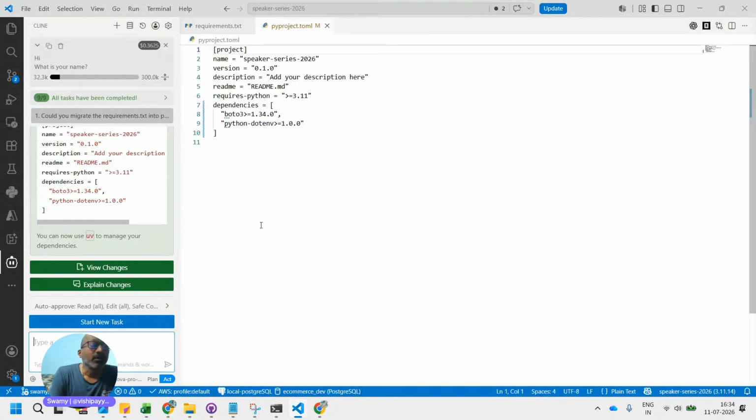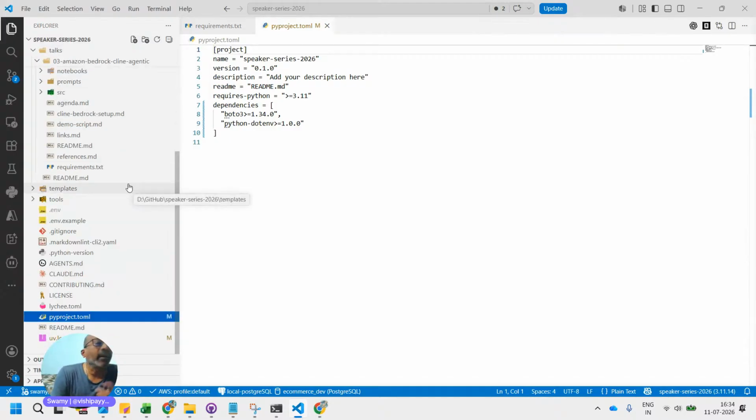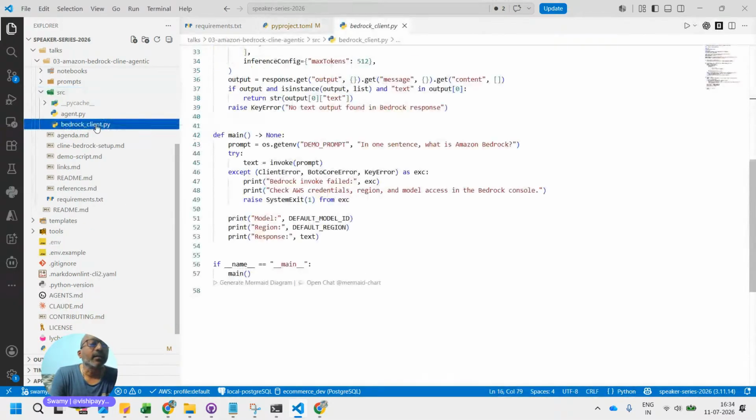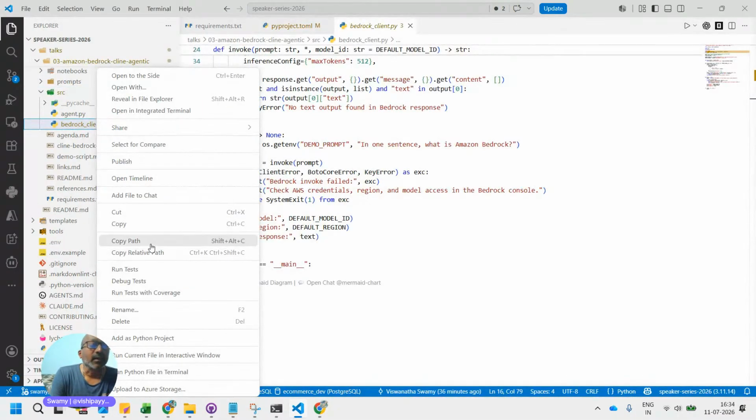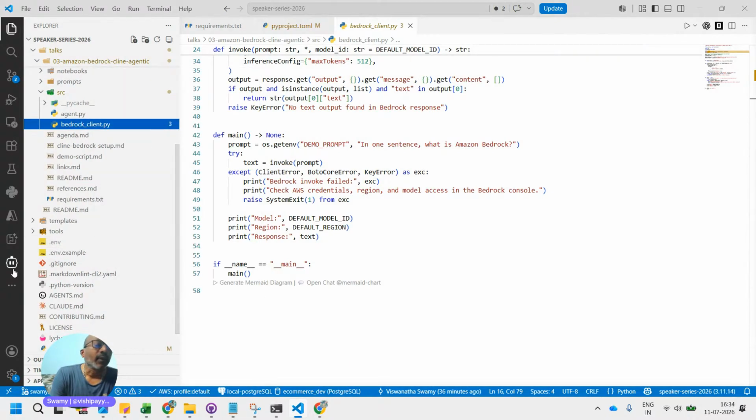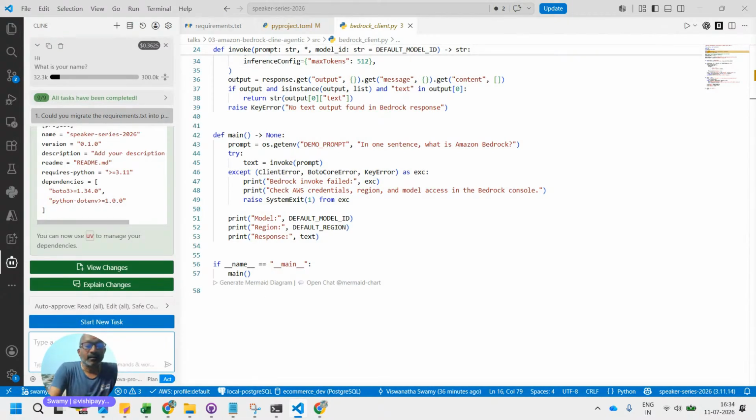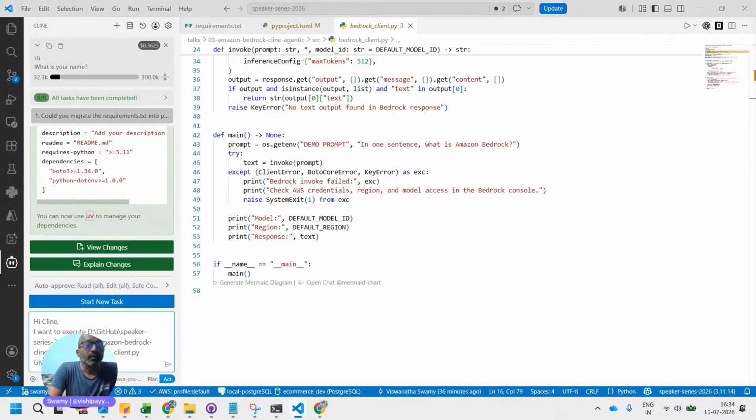So we got this one. Now the next thing is I specifically want to understand. I'm not sure how to execute this. So I'll go there, I'll copy this path, and I'll say, Cline, I want to execute this, and the second point is I have